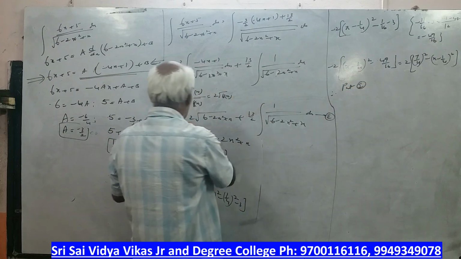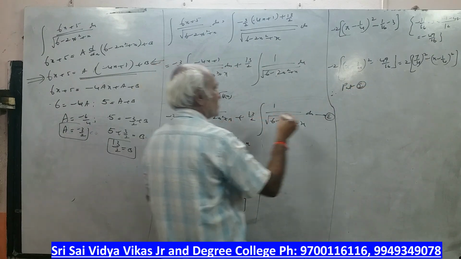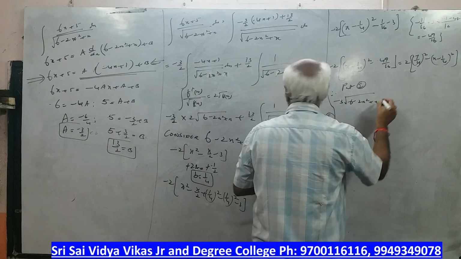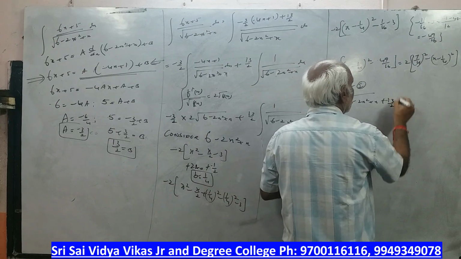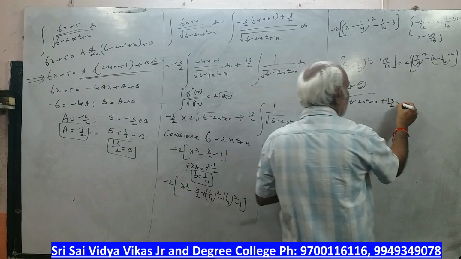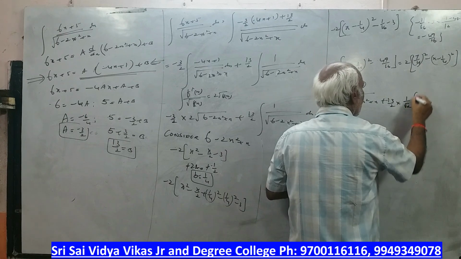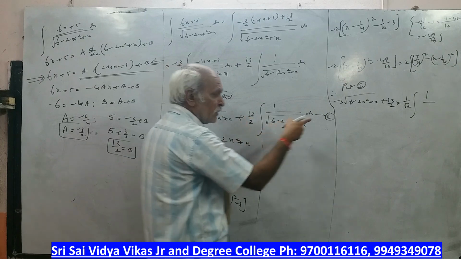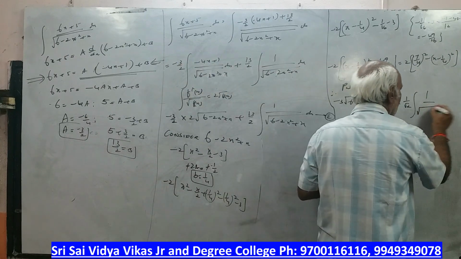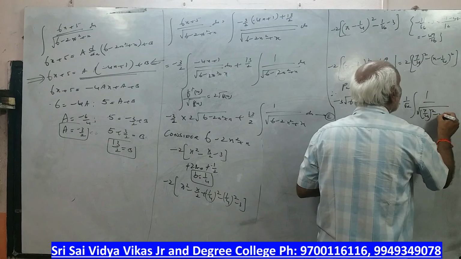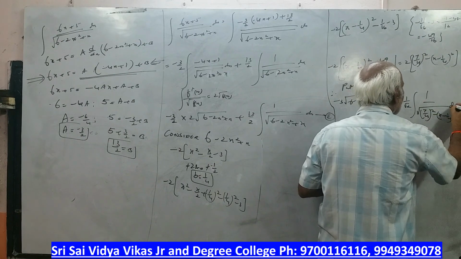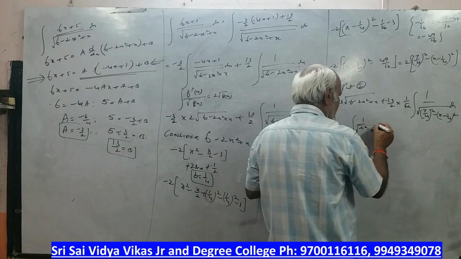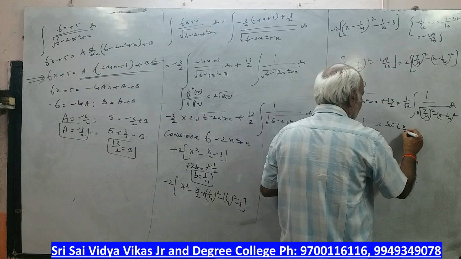What is the 1? 2 and 2 will get cancelled. So minus 3 into root of plus 13 by 2 into 1 by root 2 integration. Why 1 by root 2, sir? It is there in the denominator. So here 2 is there in the denominator, 2 will also come. So root of 7 by 4 whole square dx under root. Which formula is it? 1 by root of a square minus x square, which is sin inverse x by a.